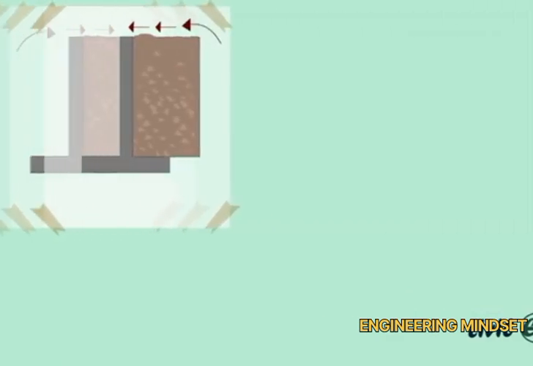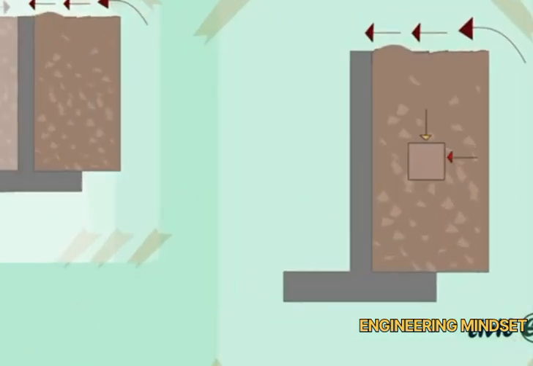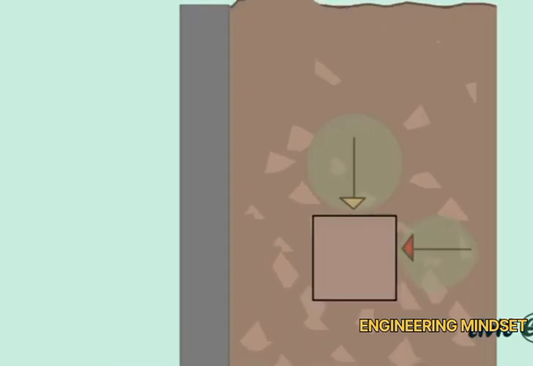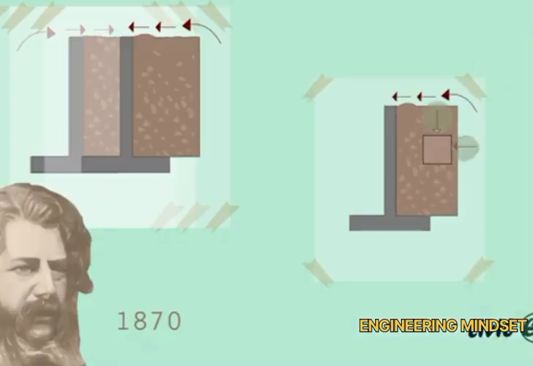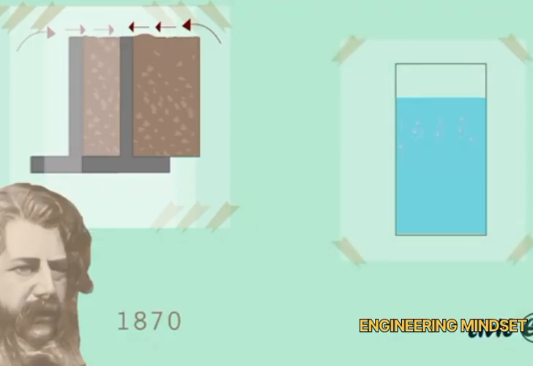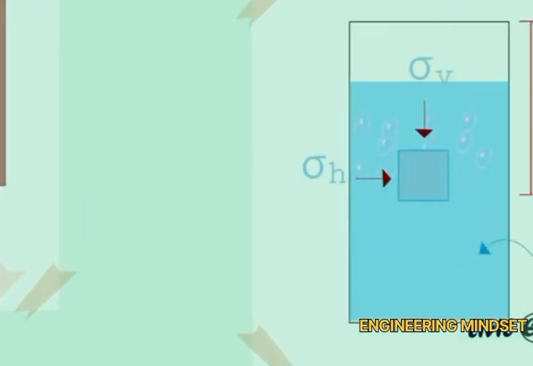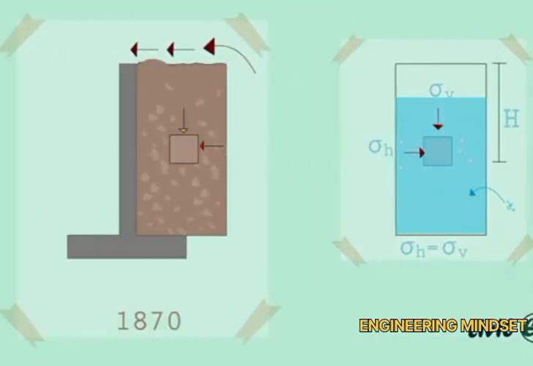To estimate this force, a scientist who went by the name Rankine developed a theory in 1870. In a simple way, he stated that the horizontal or lateral stress on the soil will be a function of the vertical stress. To understand that more, let's consider the hydrostatic pressure in the water. The horizontal pressure at any point will be equal to the vertical one, which depends on the depth and the unit weight. If we apply the same case to the soil, we will find that the horizontal stress will not